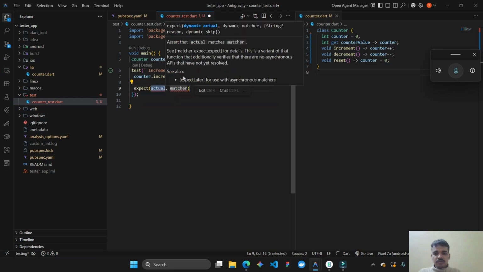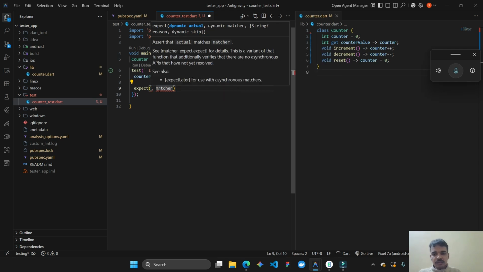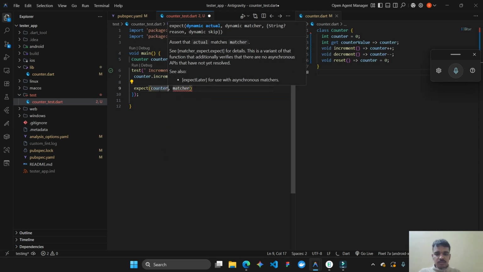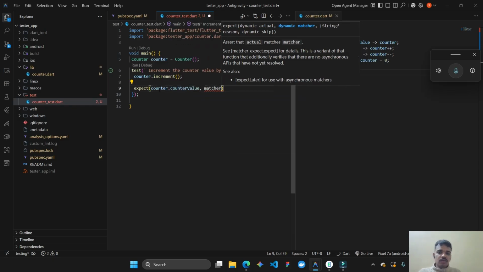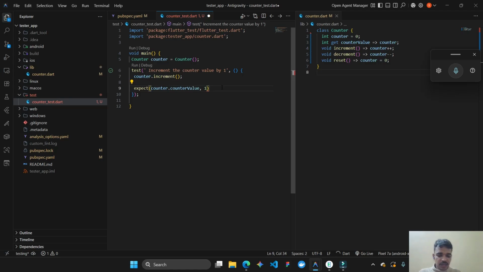So there is the expect method, where the first parameter is the result we get from the actual code, the code we run. So I'm going to provide the current counter value using the getter method. Now what do we expect? We expect zero to become 1. So here I'm typing 1. Now when I run this,